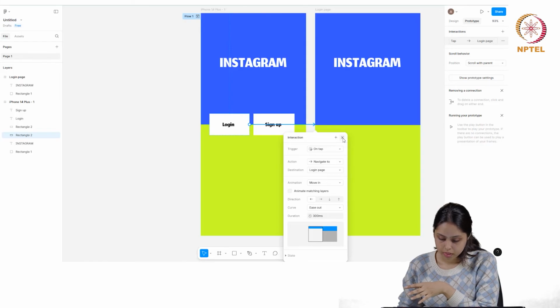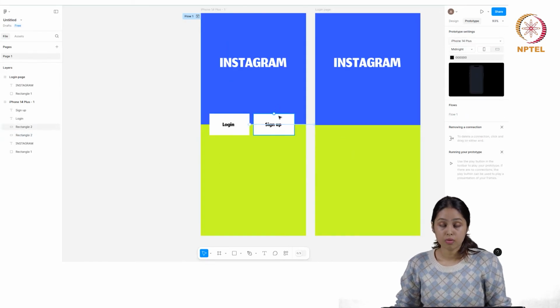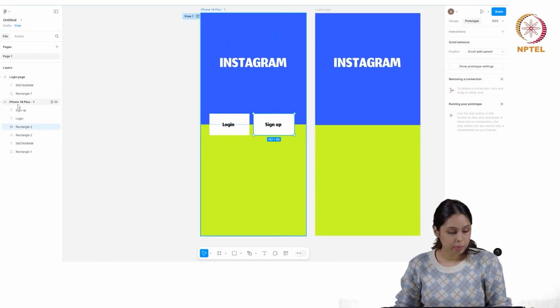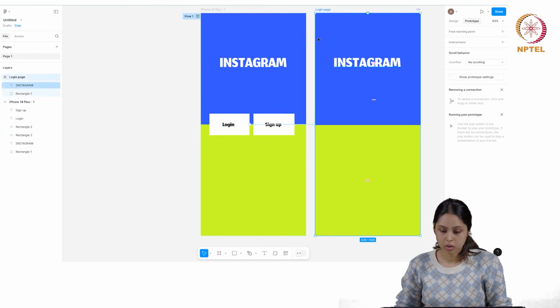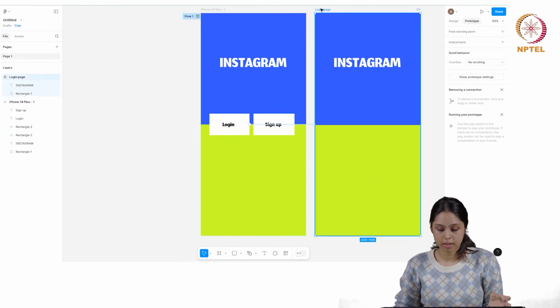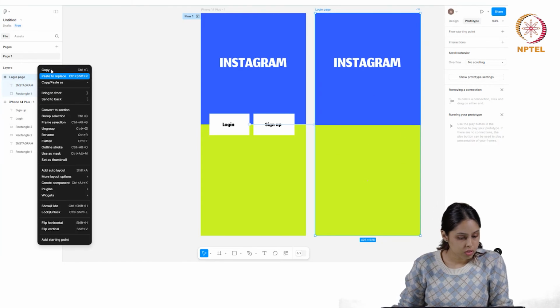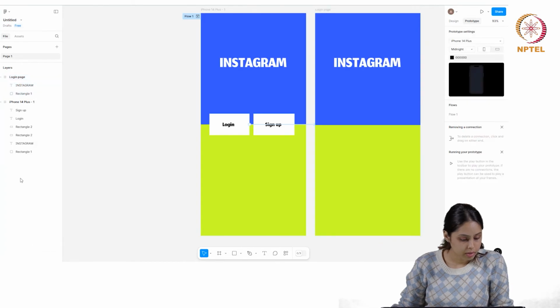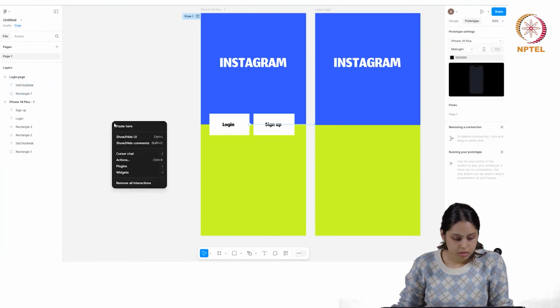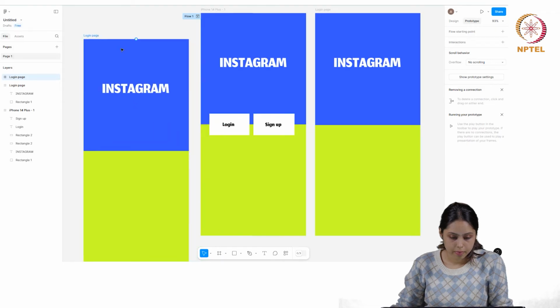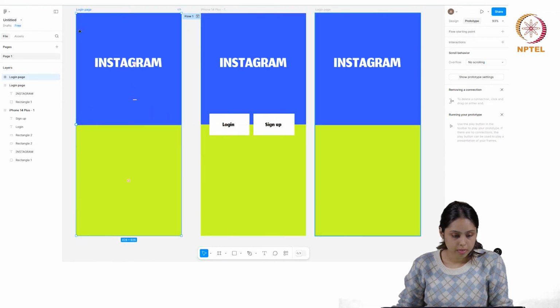Okay. Yeah, great. Now for sign up button, we'll just copy this frame that we had right now, the login page. We'll turn it into the sign up page, and we can navigate the sign up button there as well. Okay, so let's just copy and then paste it over here, right? And we can change the name to sign up page.